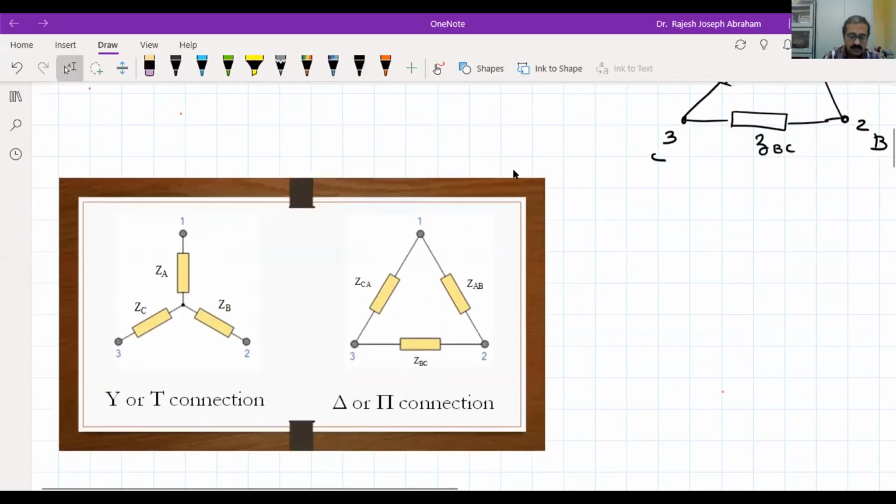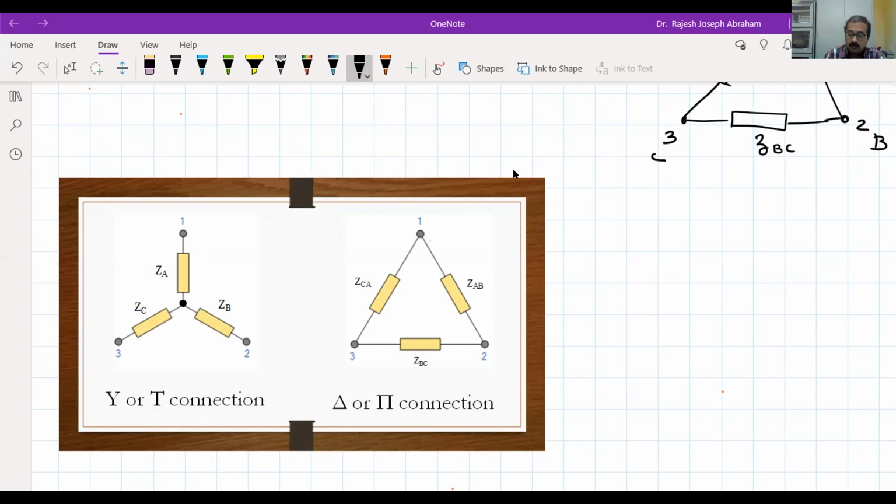So in a Y or a T configuration, you have a common point or a common node, we can say. This is the common node. And in a delta, we have a closed path, right? Like this. If you stretch out the two legs, then you will get the shape of an inverted pi kind of thing. So delta is also called a pi configuration or a pi connection, right? Now you can think of these as the terminals of a triangle. A triangle has three vertices, 1, 2, and 3. Similarly, that's another triangle, 1, 2, and 3.